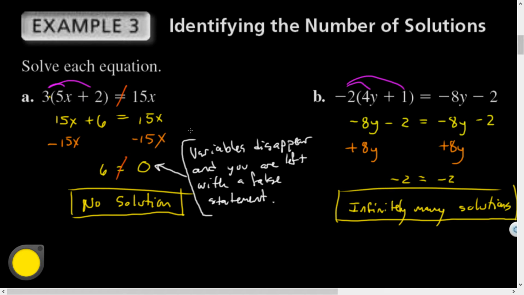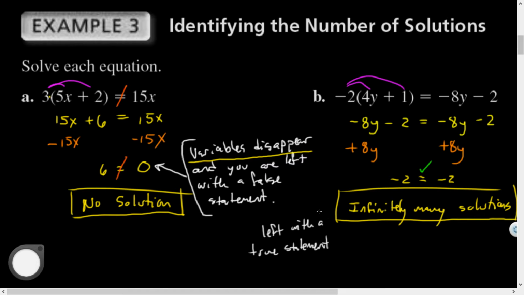And so notice these two problems are similar, where the variables disappeared, right? They canceled each other out. Except in this case, I was left with a true statement. And that means no matter what I plug in for y, it's going to work. And since everything works, the way we describe everything in the world of math is with the word infinity. There are infinitely many solutions. So if we are left with a true statement,